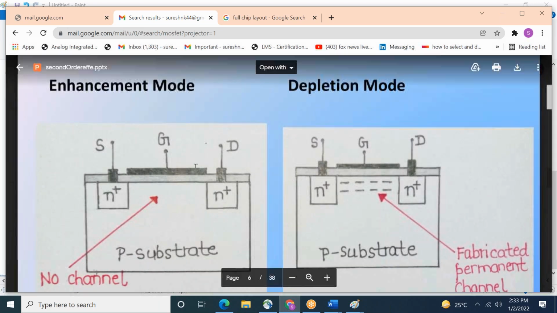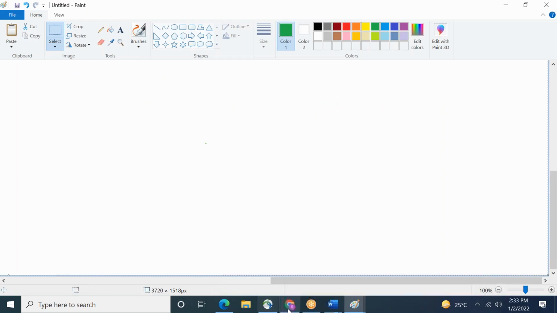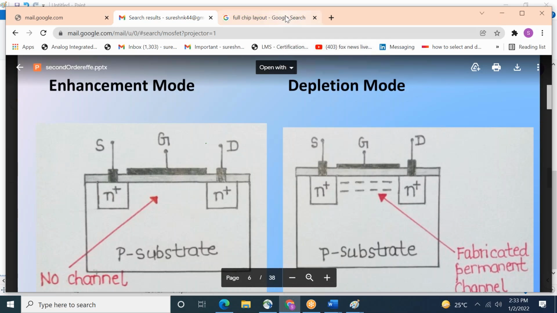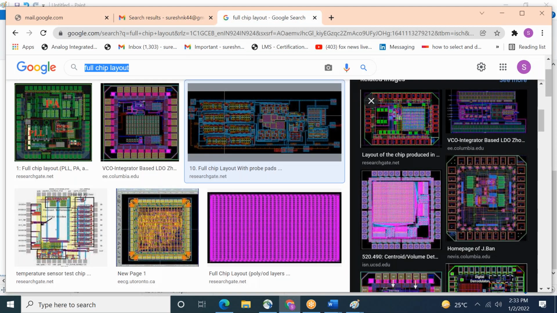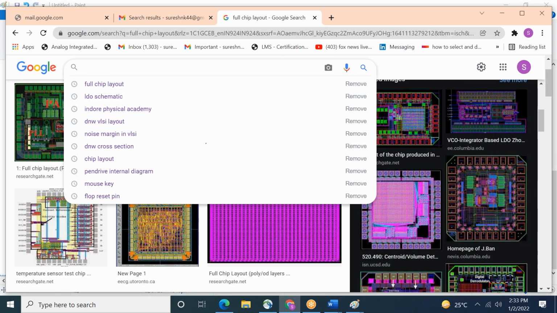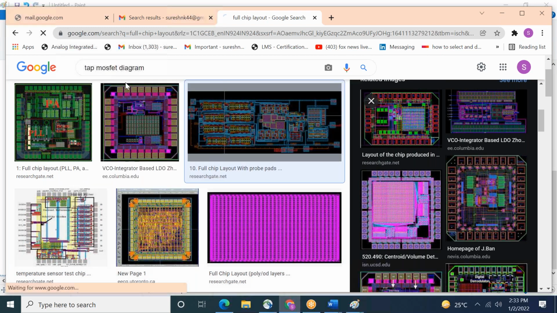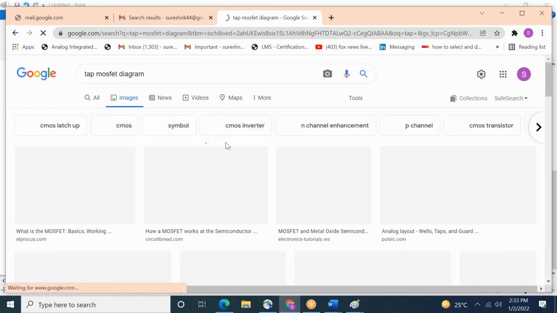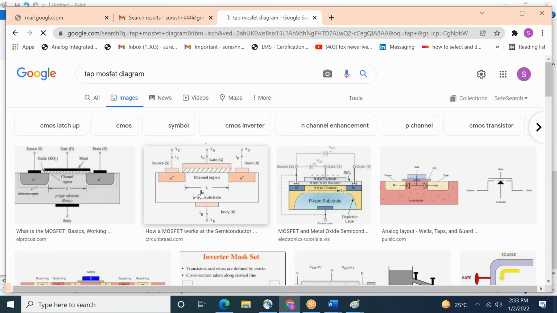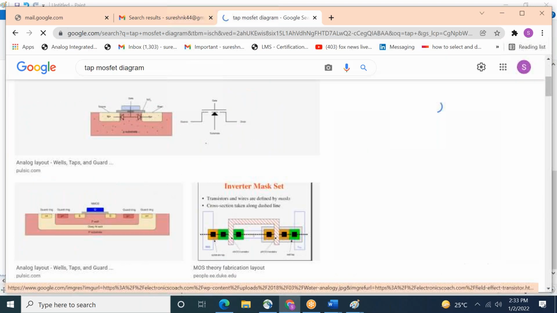You have to create the channel manually, by controlling voltage. If some people are not understanding how this MOSFET concept works, it comes from a water tap. So if you see a water tap, okay, let's see this diagram.